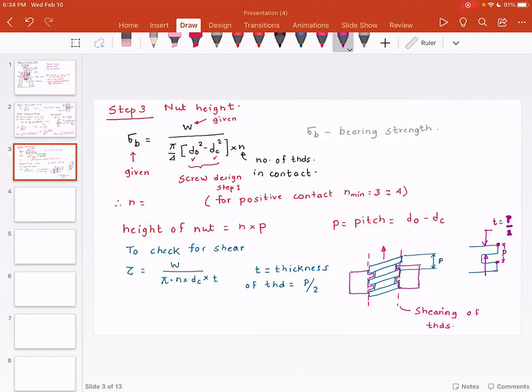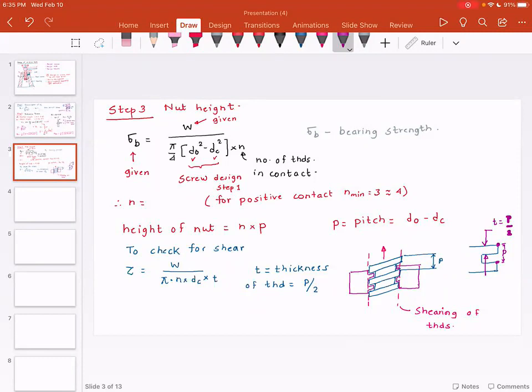And with this, you can check if the screw is safe or not. And if it is not, you have a choice. You can go back and increase the number of threads. Now, you will notice that for nut and screw,